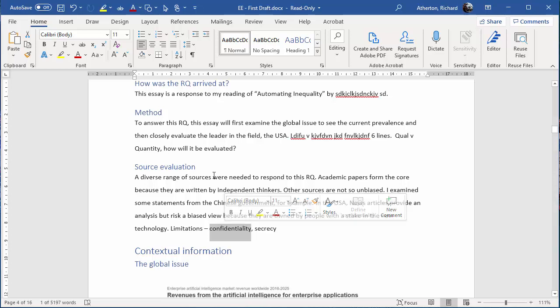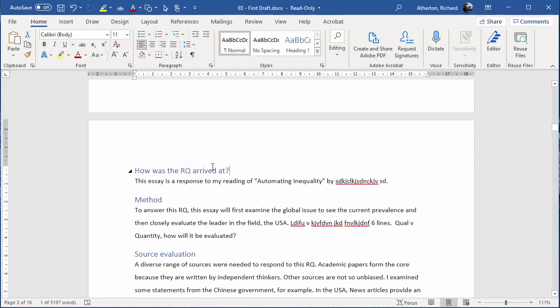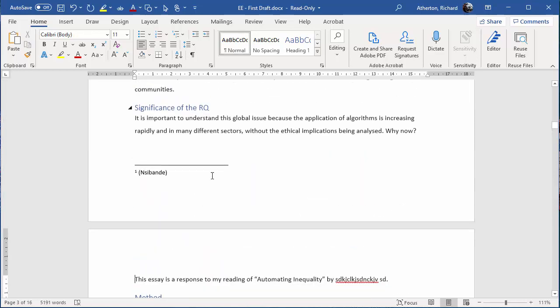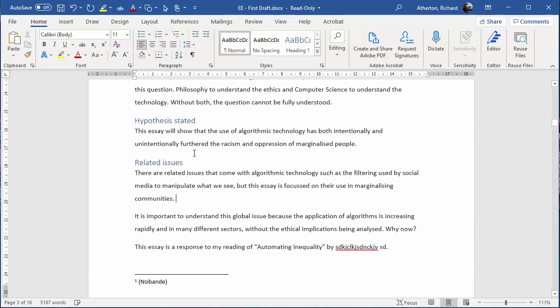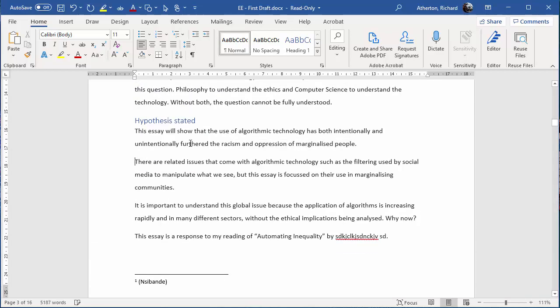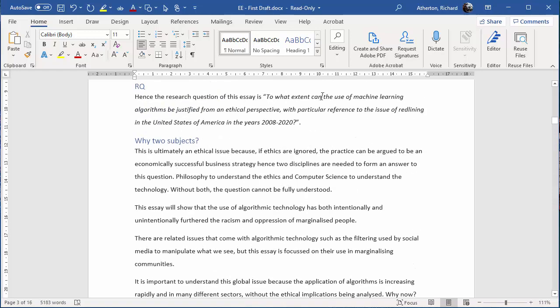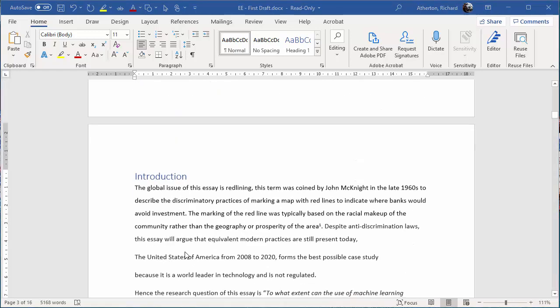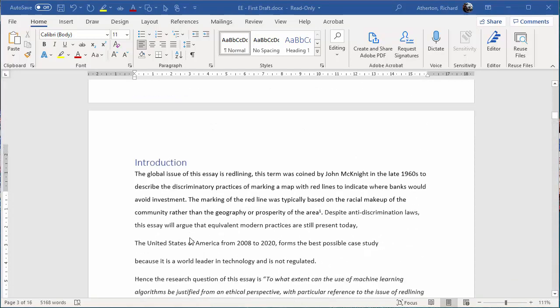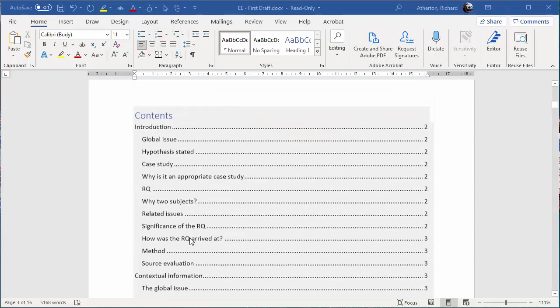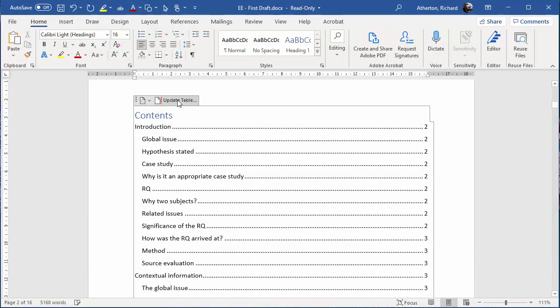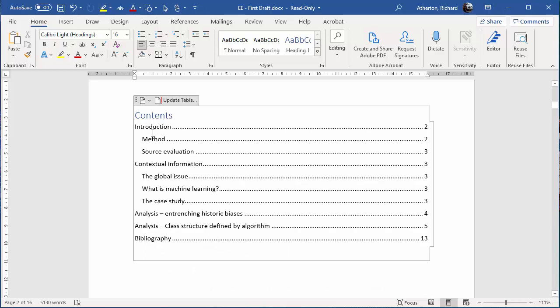Okay, so that is the introduction. Then I would leave those in and then simply take these out. Take them out so it reads as prose, like this. Take them out and you end up with an introduction that is blocks of prose. And when I go back to the contents page and update it, it just says introduction, method, and source evaluation, and then on to the next